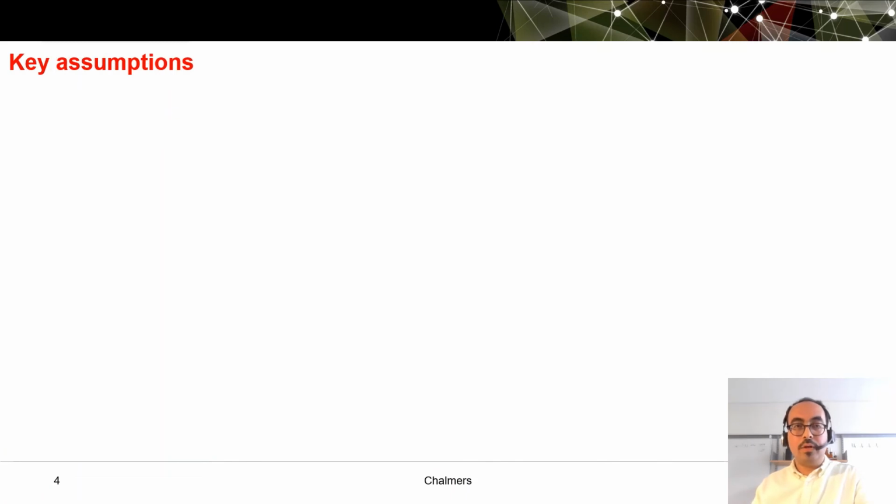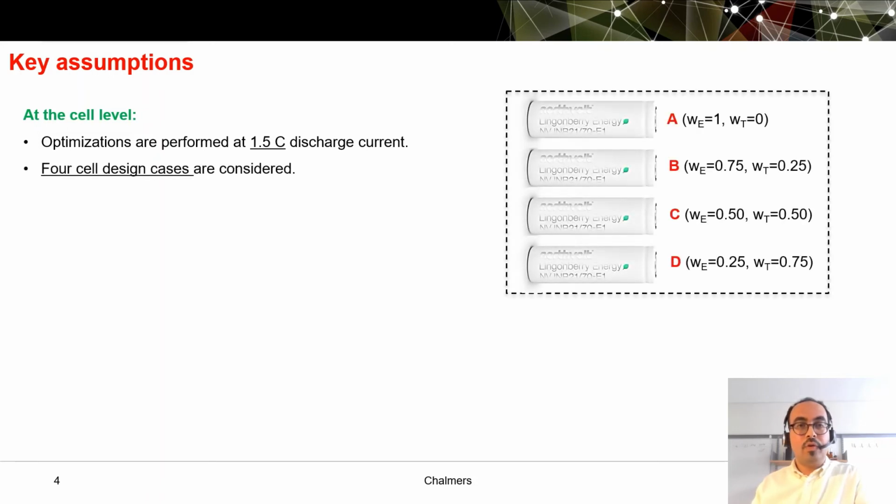And now, what are the key assumptions that we consider in our simulations? At the cell level, the optimizations are performed at 1.5 C discharge current. 4 cell design cases are considered, because here we are doing multi-objective optimization using weighted sum approach. Depending on the importance that we give to the objective functions, we have defined 4 design cases,